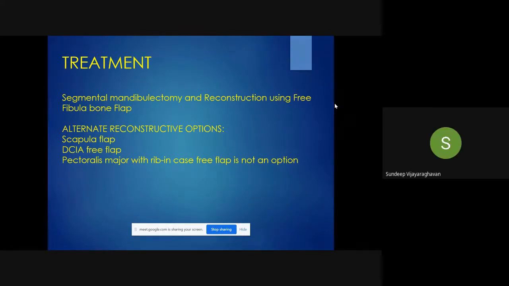Yes, sir. But then your argument is that fibula is the workhorse. Yes, sir. And you have skin to cover it. Yes, sir. And it's in a distinct site, and you don't have any character problems. Yes. You're not sacrificing an essential muscle of the anterior wall. Yes. So, all these. So, which side fibula would you have?